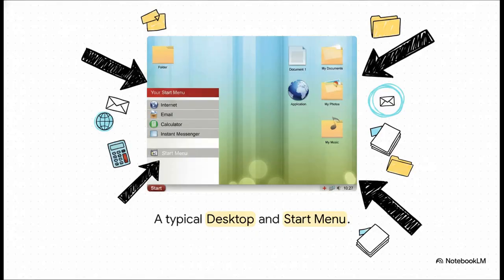Now, what's really interesting about this slide is seeing exactly how these elements look in practice. Out in the large workspace area, you've got your scattered icons. Some look like little yellow manila folders, others kind of look like pieces of paper. Those represent your actual documents and photos. And down over on the bottom left, clicking that Start button opens up a menu. It's basically a handy list of your programs, like the internet and email, just ready and waiting for you to